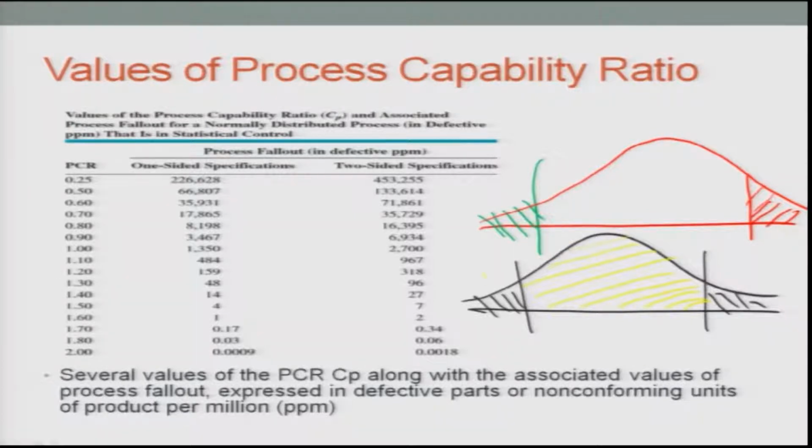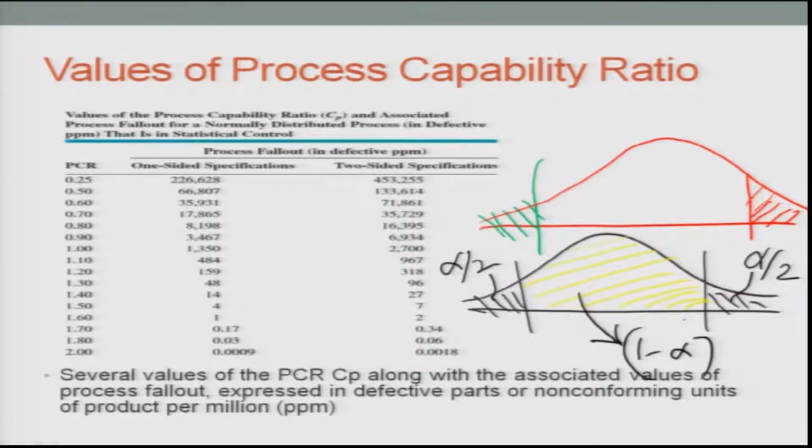Again, sorry for that, because the color is changing. Please bear with me. I will remove this yellow color and bring the red color into the picture. This will be alpha by 2, this will be alpha by 2, and this would be 1 minus alpha,